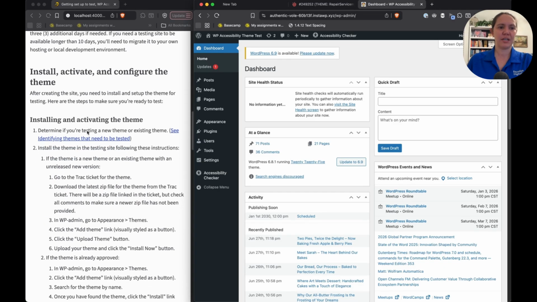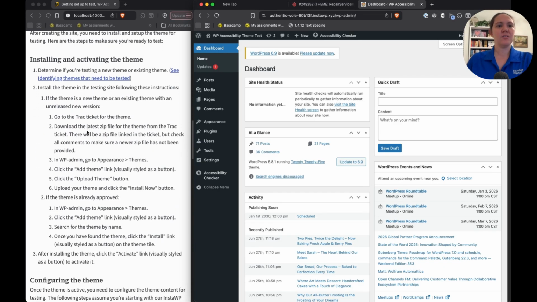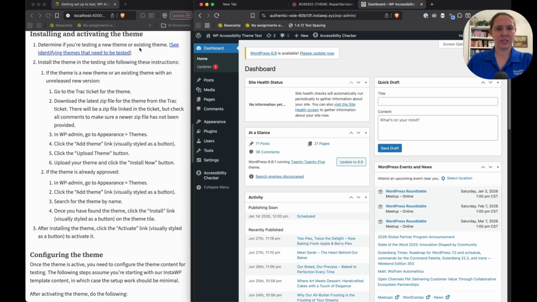I can now go down to the section, install, activate, and configure the theme. So I've already determined which theme I'm going to test. I now have to install the theme in the testing site following the instructions that are listed out in this document. There are two ways to go about it. The first one is if it's a new theme, and the second one is if it's a theme that's already published. We are testing a new theme, so what I need to do is go back to